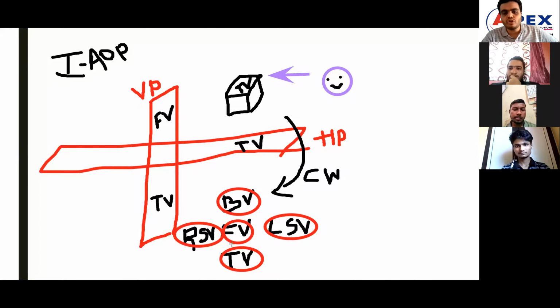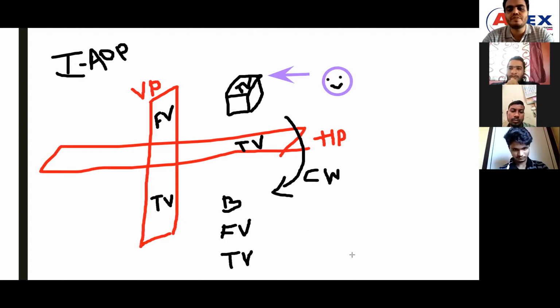Next, the top view will be placed in the bottom side and the bottom view will be placed in the top side. The left side view will become the right side view, and the right side view will become the left side view. Okay, so this is the major point you have to remember. All of you got it now? Yes, sir. Okay, so next I will explain the symbol. In a simple way, in first angle of projection, the views all interchange. Okay, next we will see what is third angle of projection.